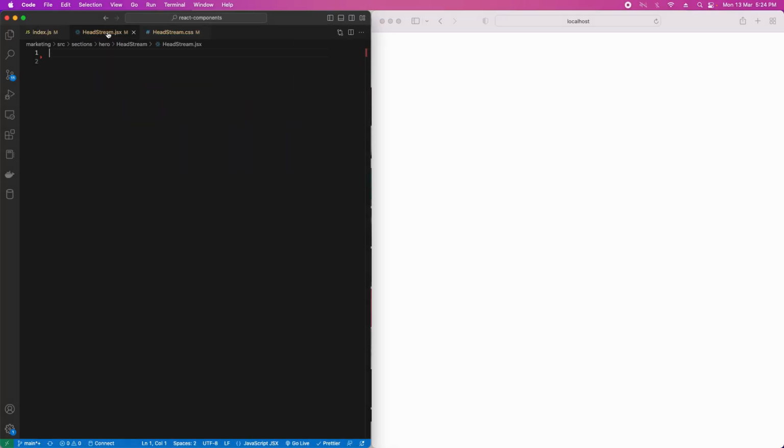So we'll start by creating two files. First is the headstream.jsx, which would consist of all the React code, and then a plain CSS file that will be consisting of styles. We won't be using any pre-processing libraries for designing. We will be using plain CSS. So now let's start